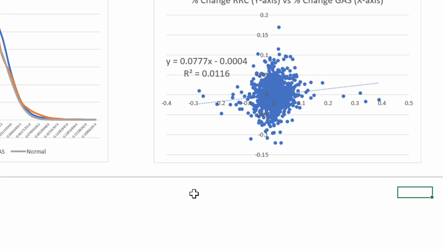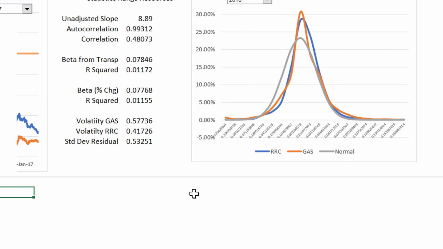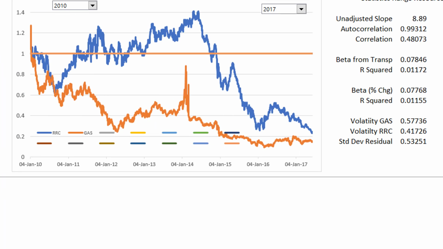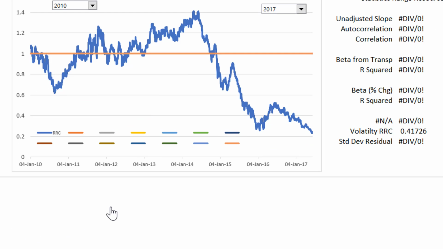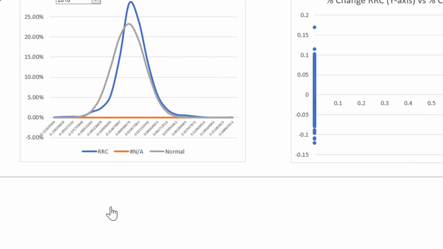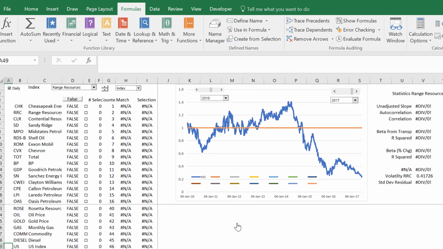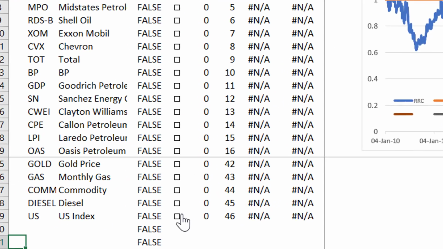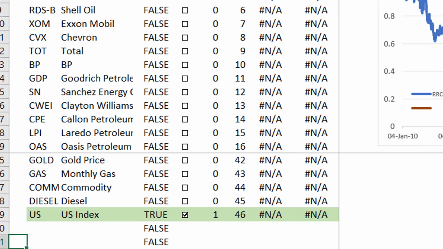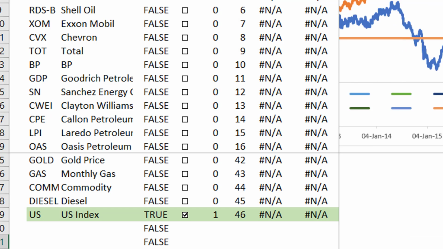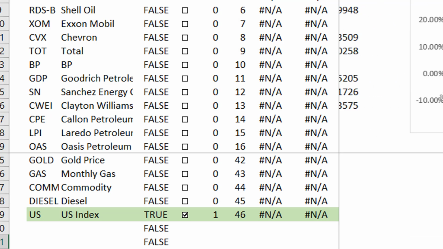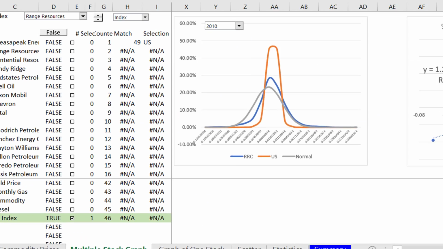And this is our gas price versus our stock index, and I am just about finished. Whoops, I better put something in here, so I'm going to put our stock index, and we can kind of see this is Range Resources, so this is a beta of 1.1, and it's just